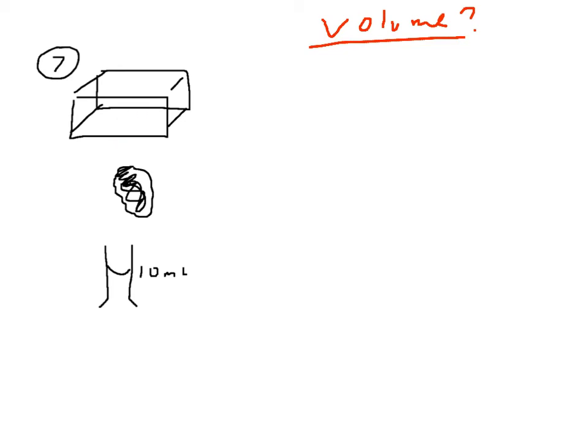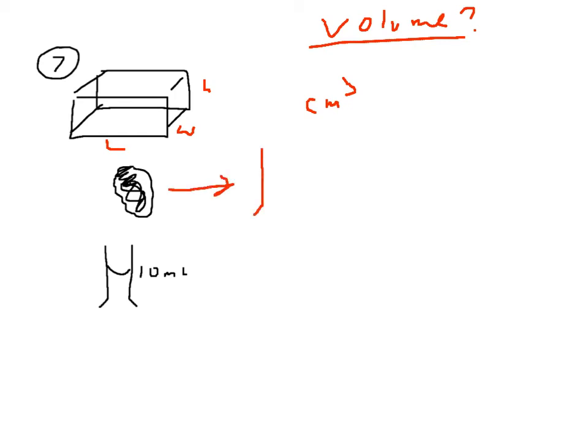Rectangular prisms is really simple. You just simply take the length times the width times the height, and your units would end up being in centimeters cubed. For an irregular shaped object, you can't take length times width times height, but you can simply drop